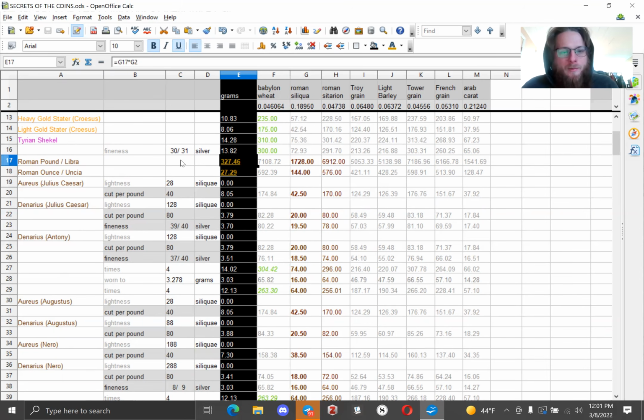So we know the Roman pound is about 327 grams, but it's more important to know how they counted it: 1728 siliqui, which is 12 to the third power. So it's 12 ounces of 144 siliqui each. You can see how this is a nice number. If you're used to base 10, this looks like a weird number, but it's actually a perfectly good number. It's 2 to the 6 times 3 to the third, so you can divide it into a lot of convenient fractions.